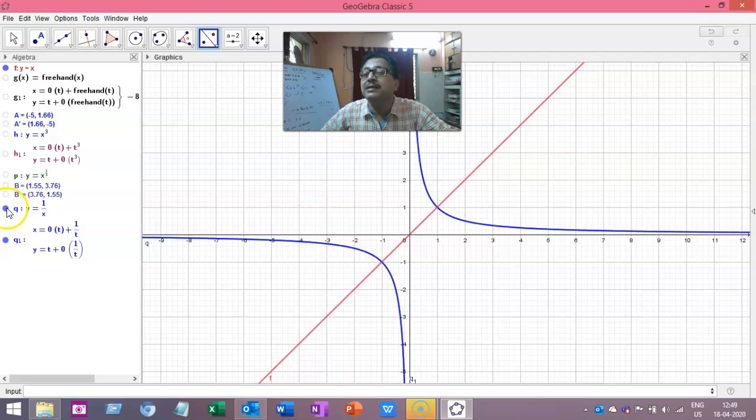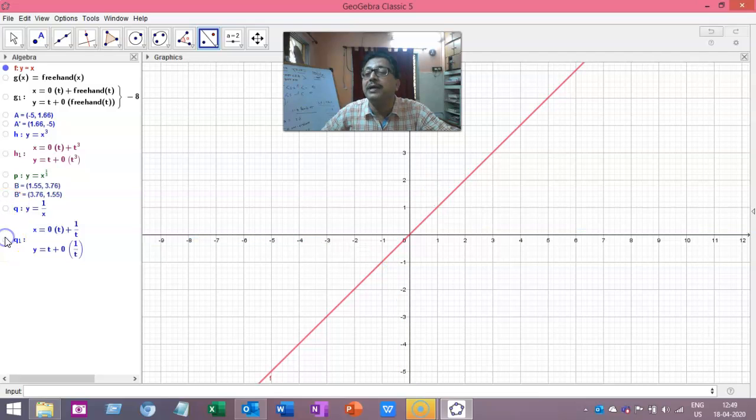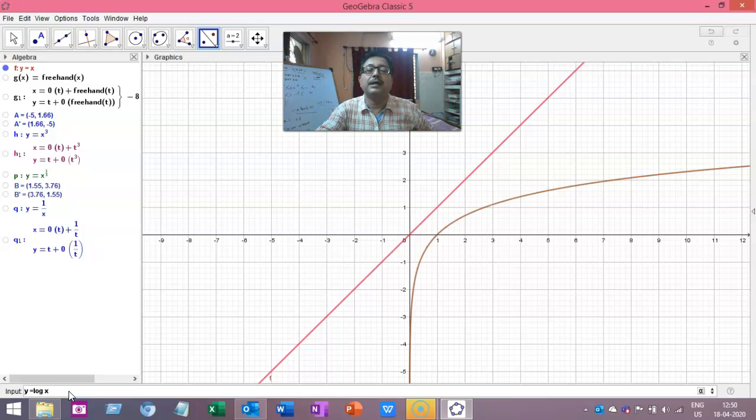Right now, my interest is to plot the graph of y equal to log x, and then find its image. I am plotting y equal to log x. See, the graph you have already got. This y equal to log x, they have written here as ln x. I have given log x, they have written ln x. What does it mean? The base is e. Its inverse function will be x equal to e to the power y.